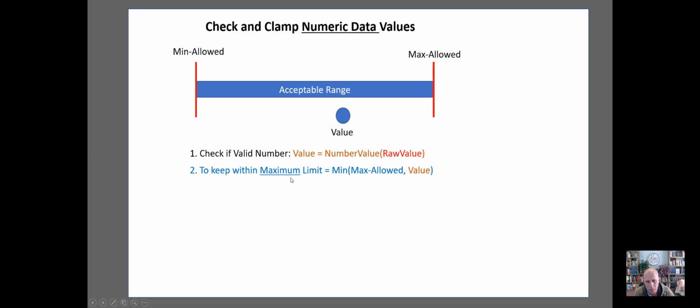And that's why I want to explain this first, because since you're checking for the maximum, it sometimes seems counterintuitive that you're using the minimum. But if you think about it carefully, if this value was sitting over here, we would want the minimum of this value over here and this maximum allowed, which will in that case be maximum allowed. The opposite applies to check the minimum allowed. So there, to keep it within the minimum limit, we're going to take the maximum of this value over here and this value, right? So if this value was sitting over here too low, it will bring it up to